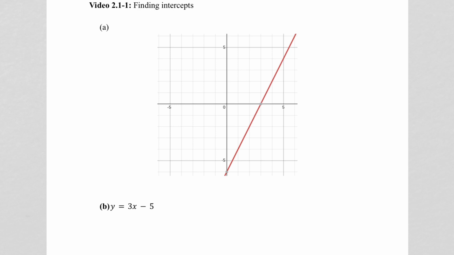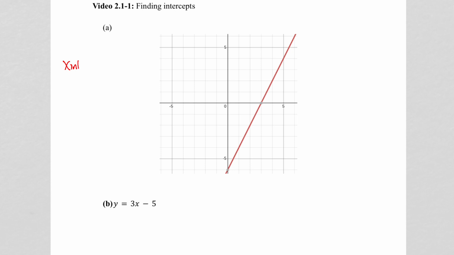So there are two different types of intercepts. There are x-intercepts, and an x-intercept is simply where the line passes through the x-axis, and there are y-intercepts, where a line passes through the y-axis. Now, not every graph has x-intercepts or y-intercepts, or both. So we're looking at straight lines, so for the most part, most of our lines are going to have both